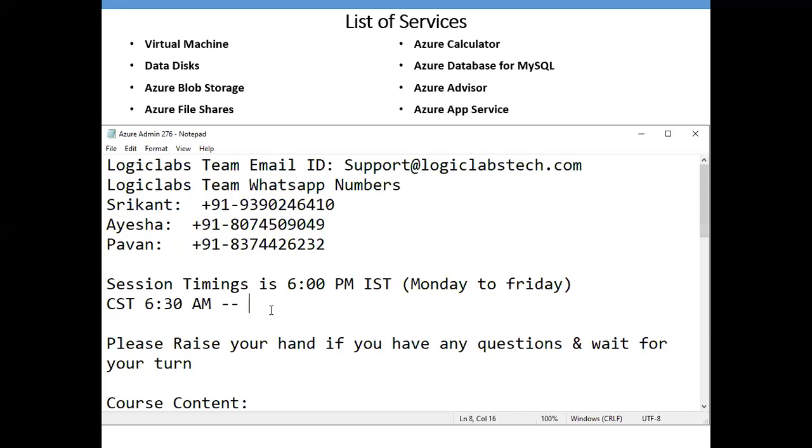The reason I'm focusing on the dump is that for certification you need theory knowledge. This training is completely practical, 95% practical. To work on real time and to clear interviews, you need practical knowledge. But to clear certification, you need theory knowledge. They don't ask practical questions in this certification. You will get multiple choice questions with four options, and you need to choose one option. Sometimes you need to choose two.